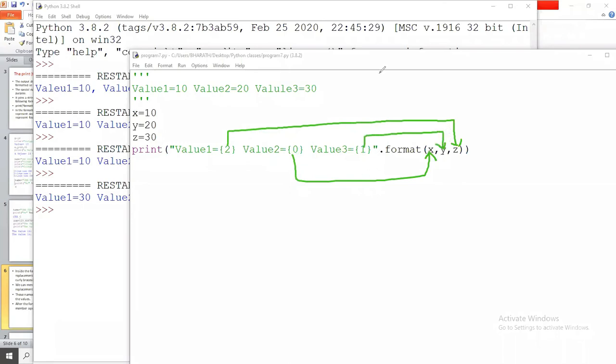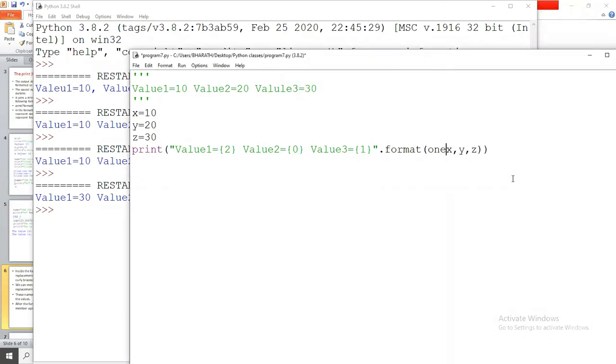And another way to use this format is here I am specifying value 1 equals to X, value 2 equals to Y, and value 3 equals to Z. So these are the different types of formatting your data.